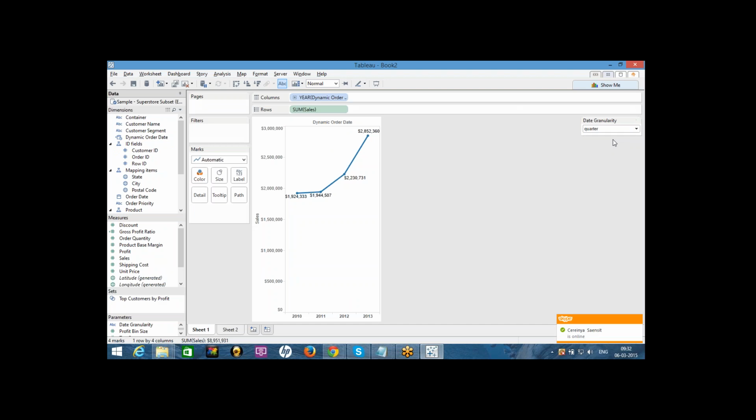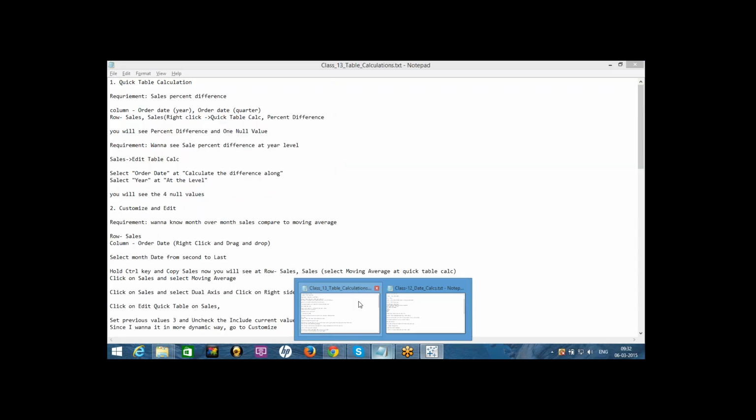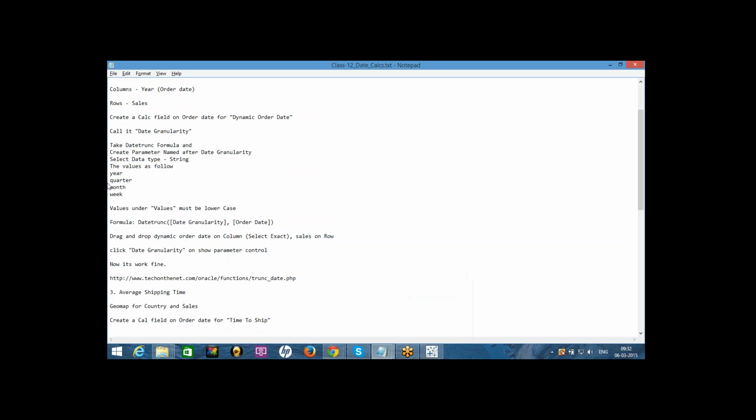It has to work. Never mind, go ahead with the next one. I'll check it and let you know. But there is something wrong with the calculation part which I did here. I will let you know tomorrow how it works. But this is how we can give the control to the end user regarding the granularity.